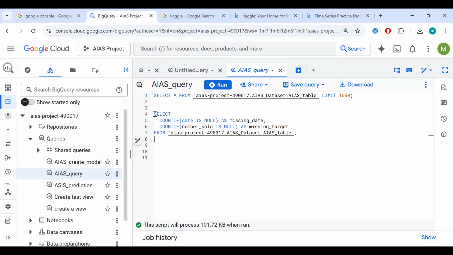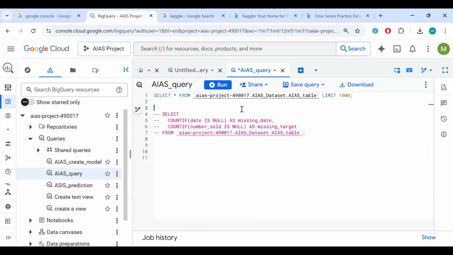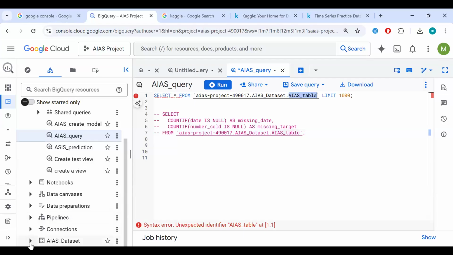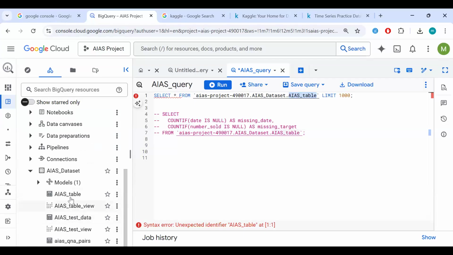So this is a basic SQL query, right? And what this says is select asterisk, meaning select all from our table. So this is our project, our data set, and then our table, right? Which is this AI automation table right here.